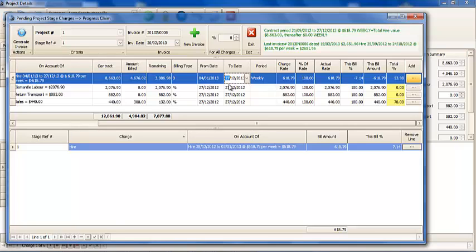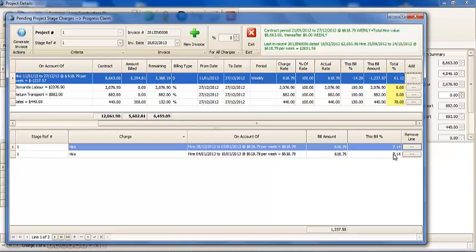So if I make it the 11th of the 1st, 2013, we've got 11 days rental there. If I change it to the 10th, we're back to $618. Now the other thing I can do is, before I add this, let me illustrate that. I've now billed another component. So I'm billing from the 4th of January for another 7 days